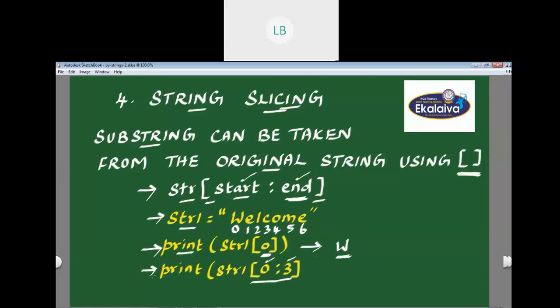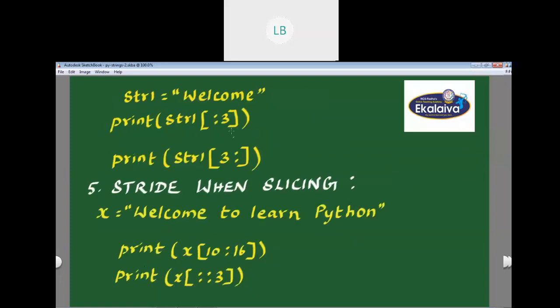See the next one. This is for slicing a substring from the index 0 to 2. So the output will be W E L. Let us write the index values.